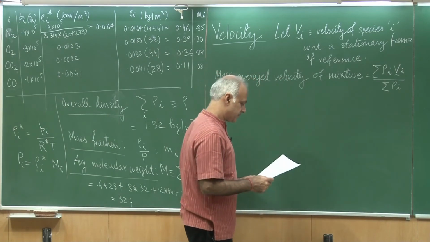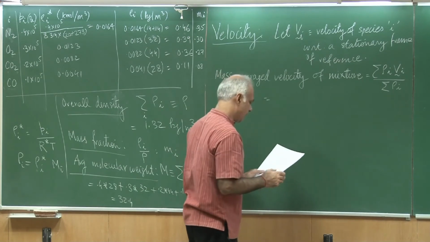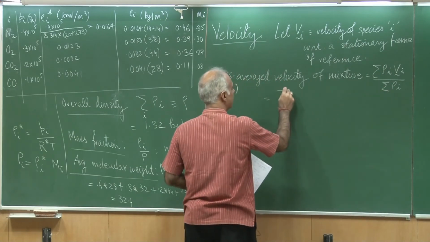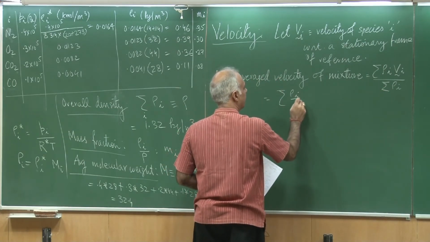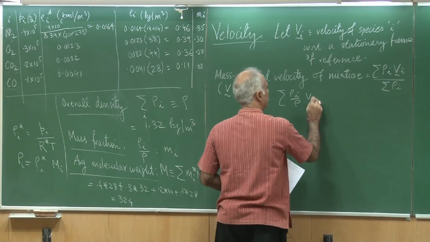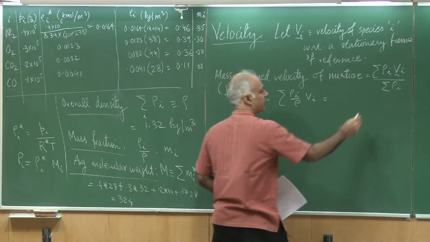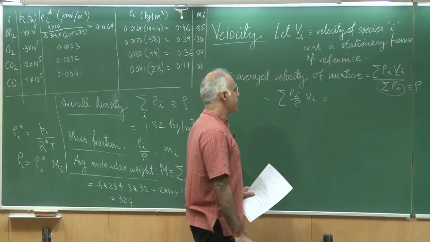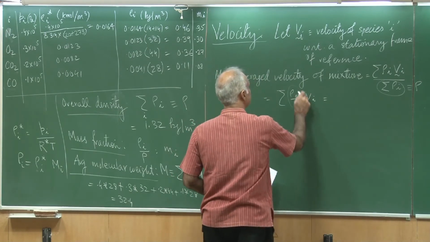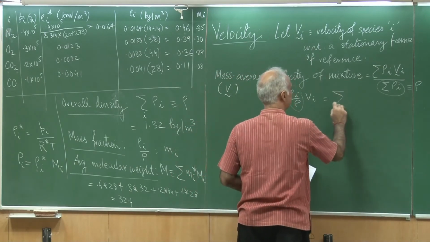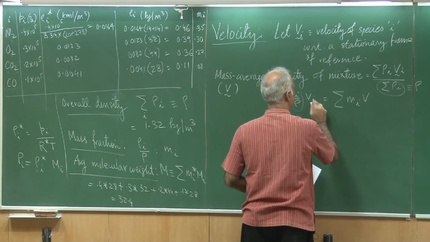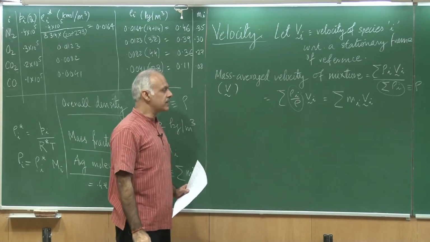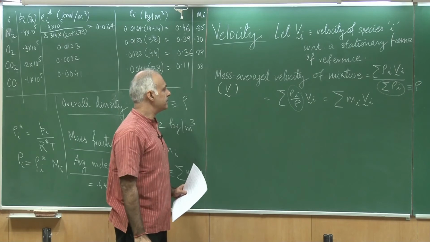the total density. So as you can see, this would reduce to, I could take this inside, so this would be summation rho I by rho times Vi, because this quantity, as you know, corresponds to rho, the density of the mixture, and this of course we know is the mass fraction. So this would be summation Mi Vi. Notice the velocities are vector quantities, so I have put a small tilde below them.